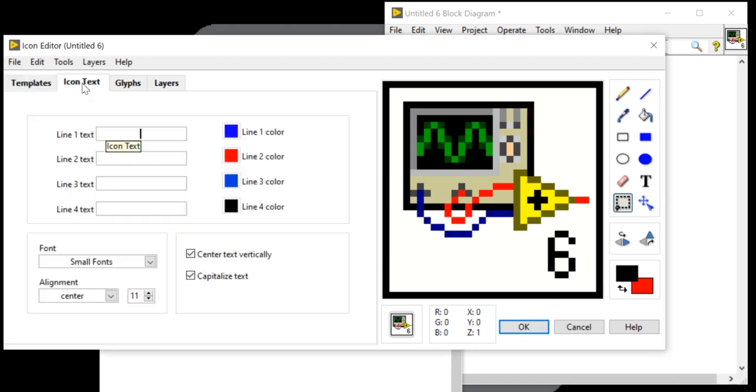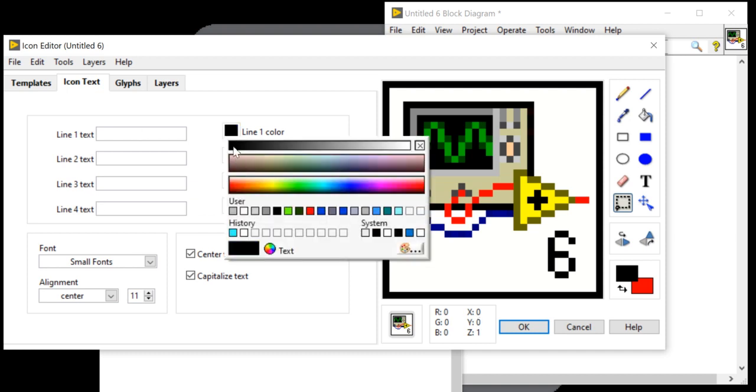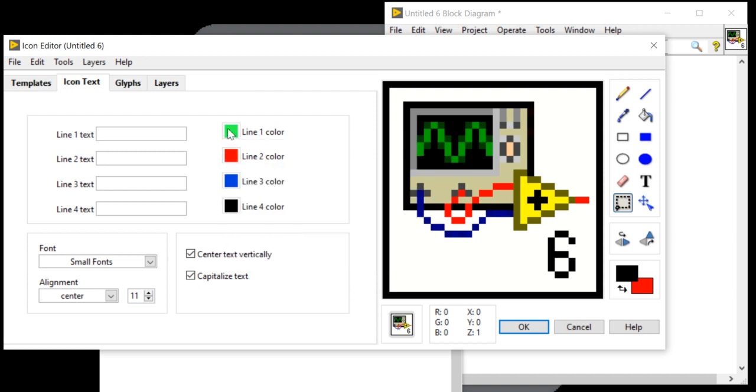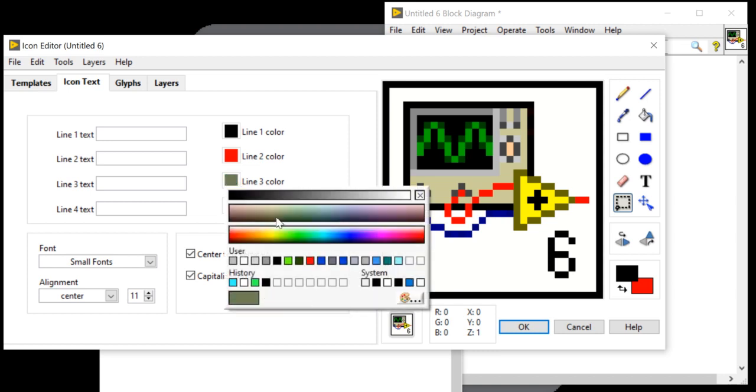Now click the icon text. When you click the icon text, you will get line text 1, line text 2, line text 3. By default, I don't know what color you are getting, so you can change the color as per your fancy.